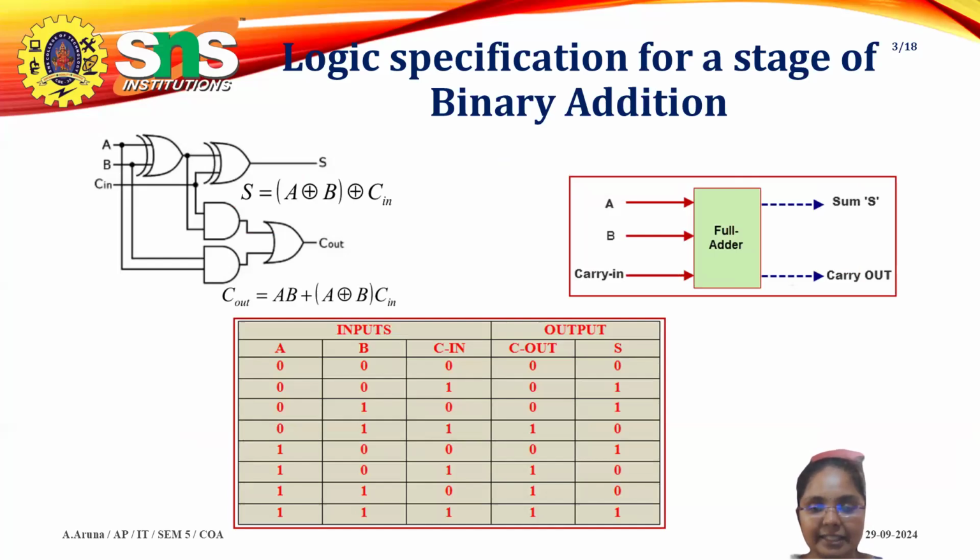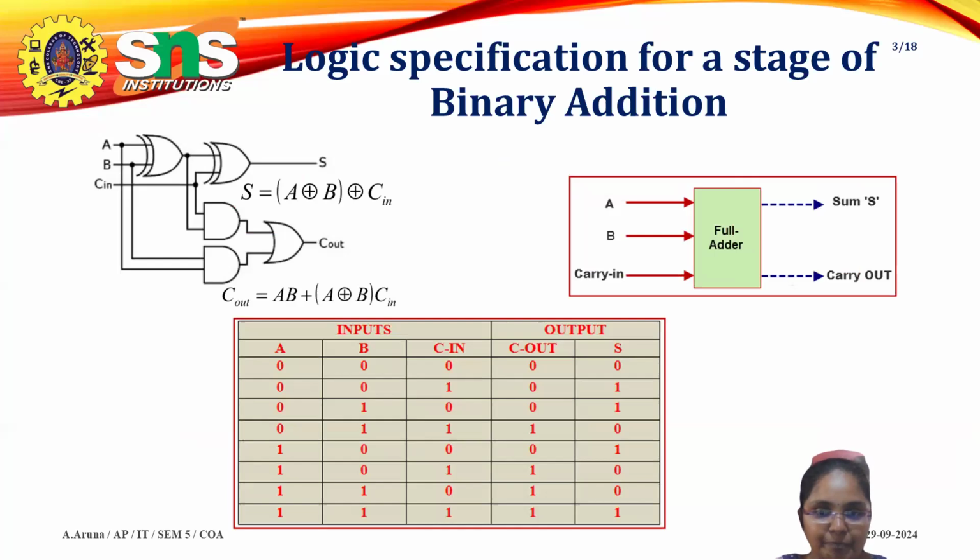A full adder is made by combining two half adders along with one OR gate. This is the sum expression. This is the Cout expression. For example, I am passing all the inputs as 1. Here I pass 1, 1. It will produce 0. Cin is coming over here: 0, 1. Definitely the sum is 1. So here the sum is 1.